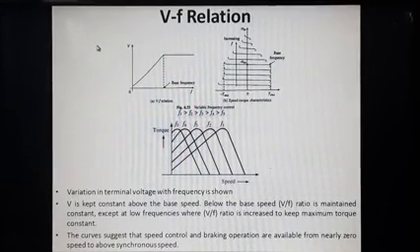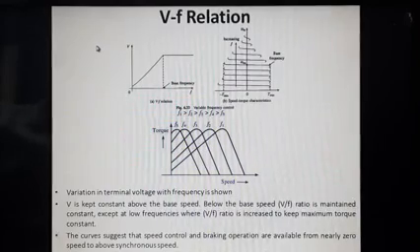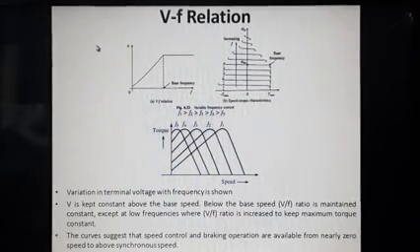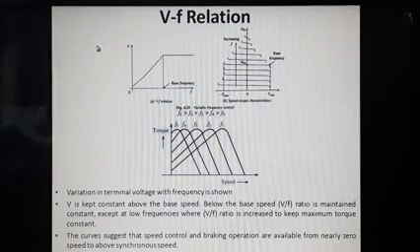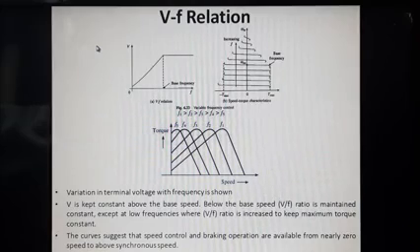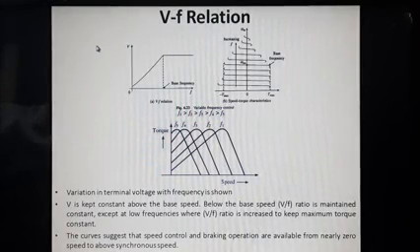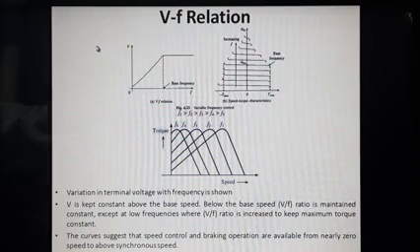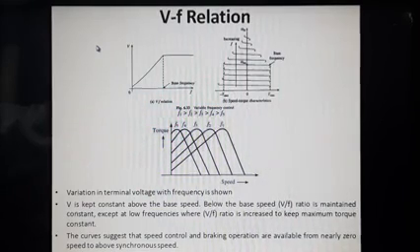So in that case, the maximum torque Tmax during motoring will get reduced, right? Tmax value will be getting reduced at a very small value of frequency. But we want to maintain Tmax as a constant. There is only one possibility by which I can maintain Tmax as constant, that is by increasing the value of V by F. So, at very small value of frequency, what I will be doing is increasing the value of V by F.